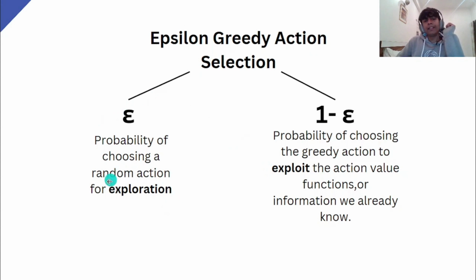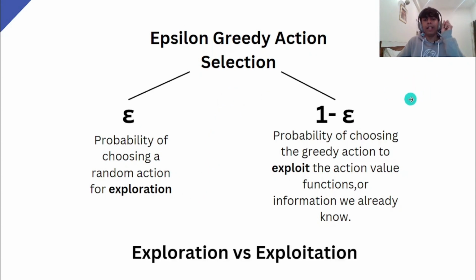Epsilon is for the sake of exploration. Choosing a random action, you might be thinking that if I choose a random action, is there a probability that I choose the greedy action itself? Yes, there might be a possibility that the greedy action is chosen just because the exploration action is random. But at the same time, we do this to balance the ever famous problem of RL, exploration